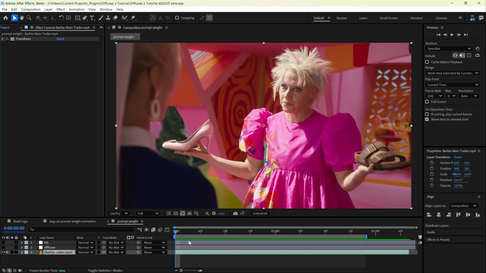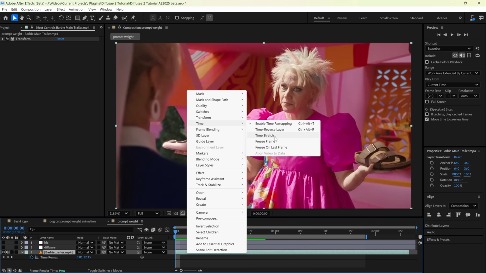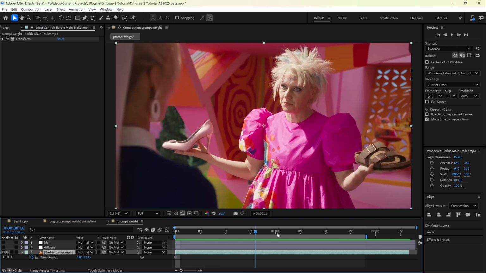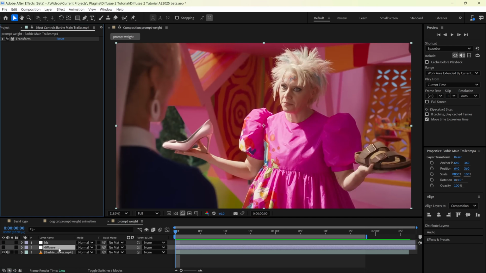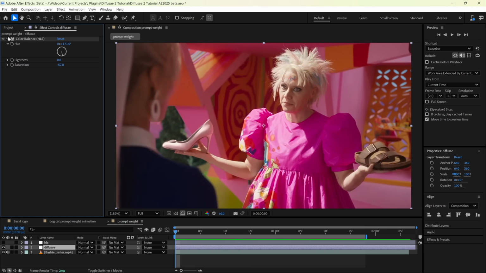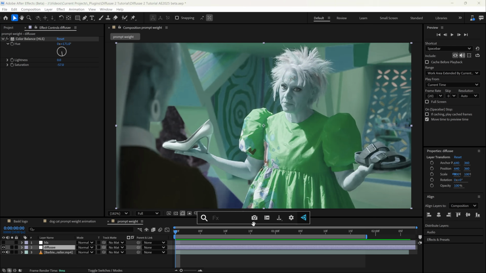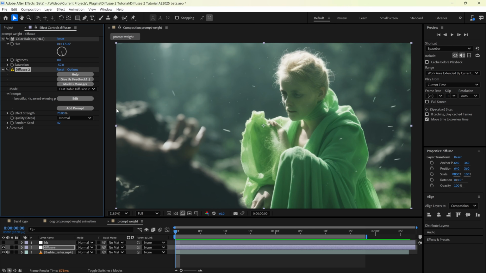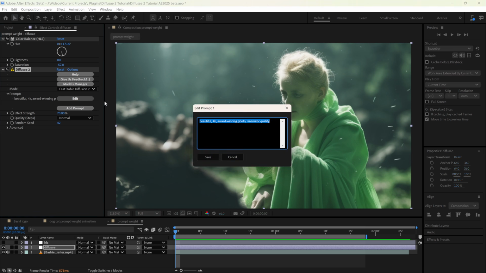Okay, and then the last feature I want to show you is keyframing prompts. So here I have a clip from the Barbie movie, and I'm actually just going to freeze it for the case of this, so it's just a still. And I can do that with time freeze frame, and now it's just that one still. And then I have an adjustment layer here, which I'm going to turn on, and all I've done is just change the hue a little bit so it's green. I'm going to apply Diffusae 2, and we can go with the default SD Turbo, and maybe we'll change it